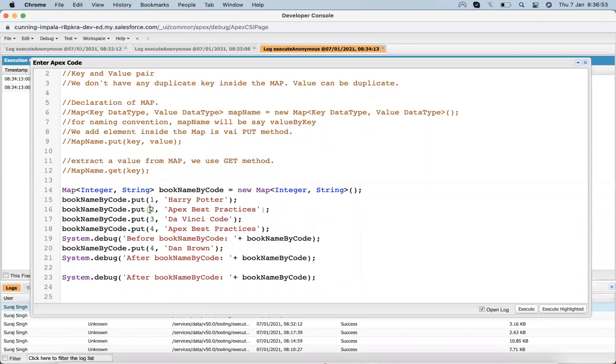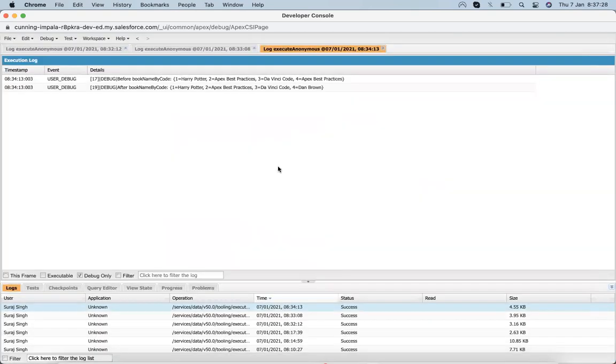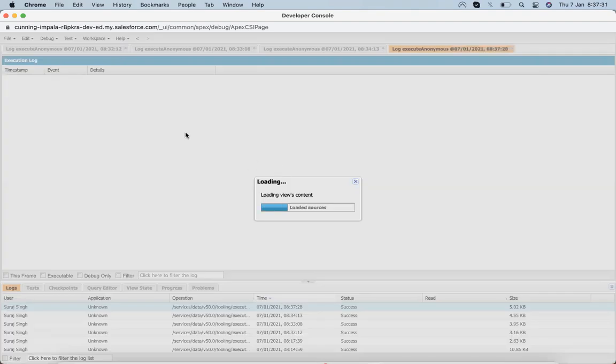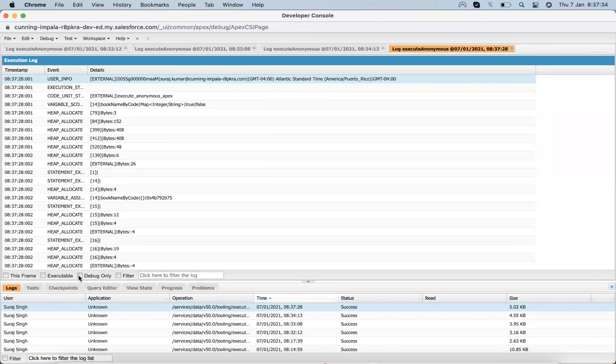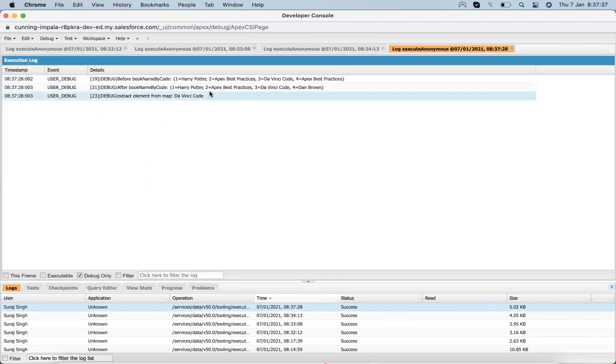Suppose I need to extract this third position, so I will just do dot get, our key value is 3, so I will put the 3, and you can get the third position.